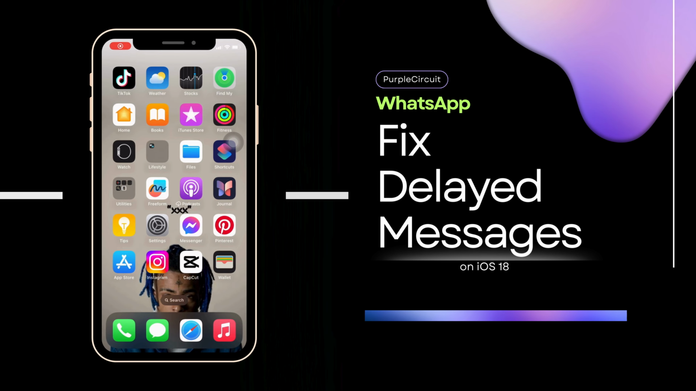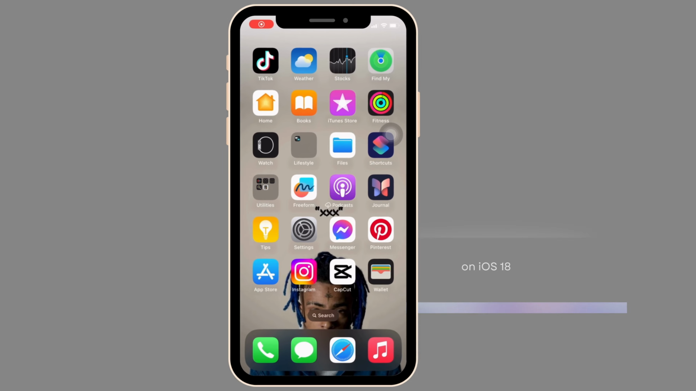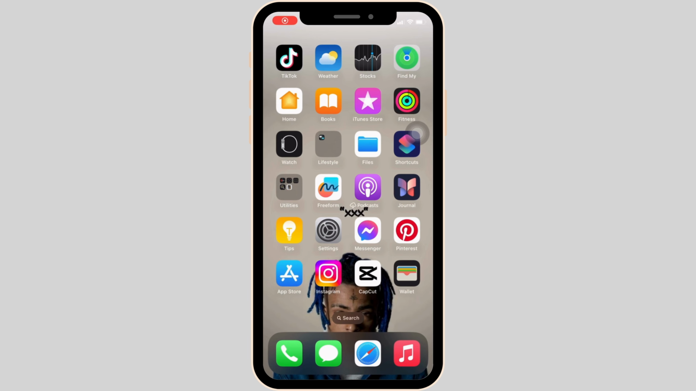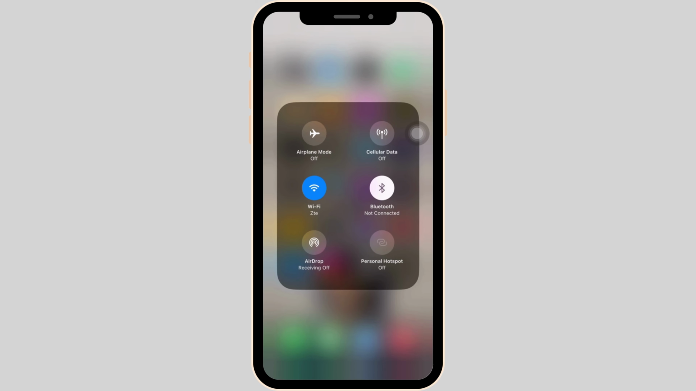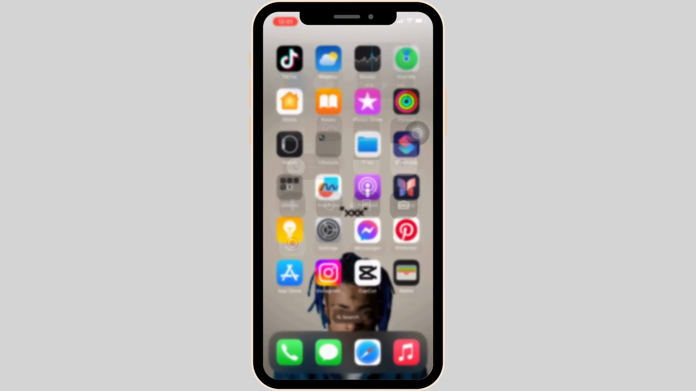How to fix delayed WhatsApp messages. So this issue might arise due to the instability of your network. So first of all, you have to make sure that you are connected to stable Wi-Fi. Once you are connected to a stable internet connection, the next thing you want to do is head over to